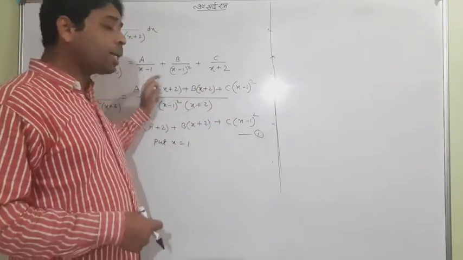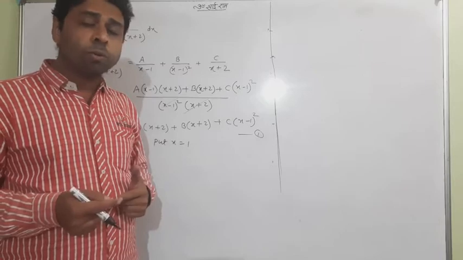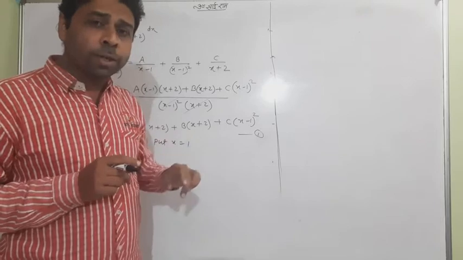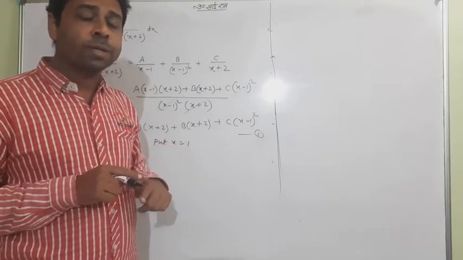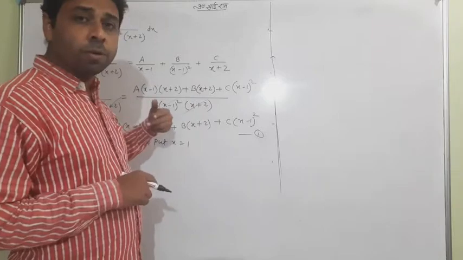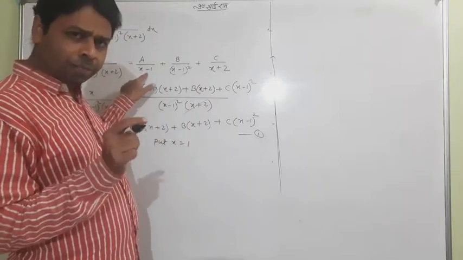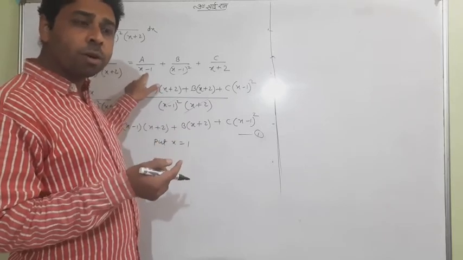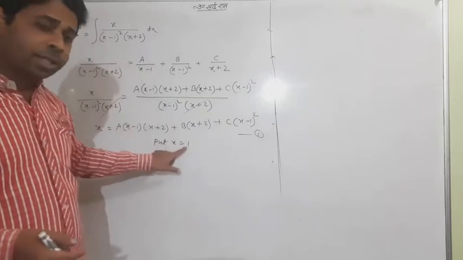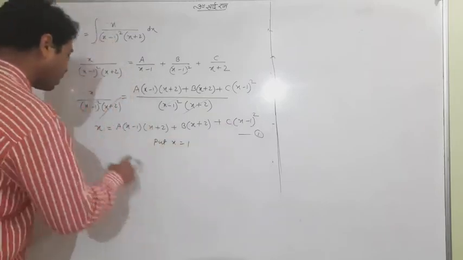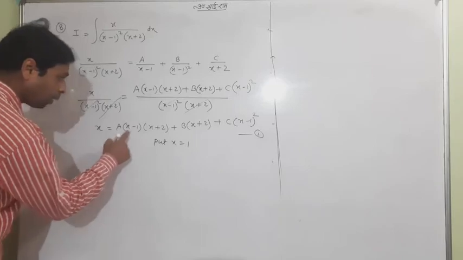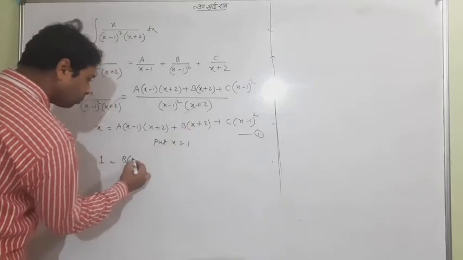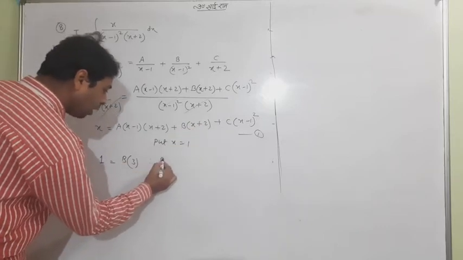If you want to make x minus 1 zero, what must the exact value of x be? X equal to 1. The proper value is x equal to 1, and it will get 0. We don't have to put it here, but it was just checking that it is one of the linear factors, which gives an idea that we can make it 0 just by putting x equal to 1. So we have chosen x equal to 1 and put it all the way. 1 minus 1 is 0, 1 minus 1 is 0 only. B into 1 plus 2 is 3. So ultimately I got B equal to 1 by 3.